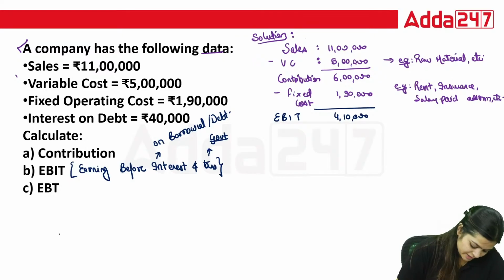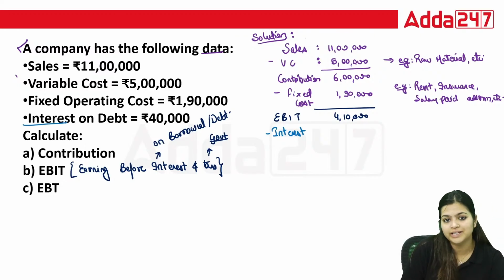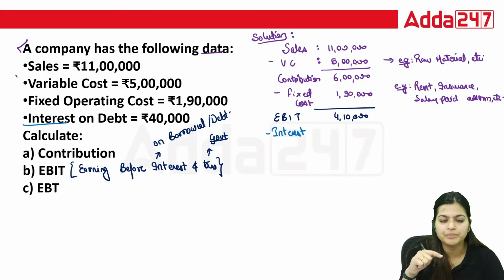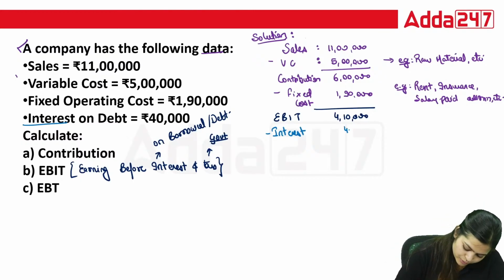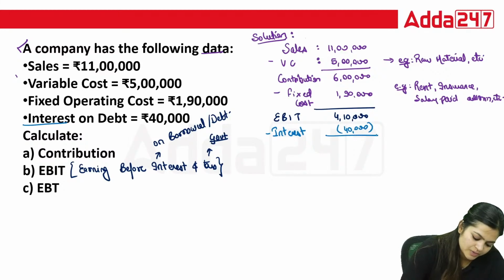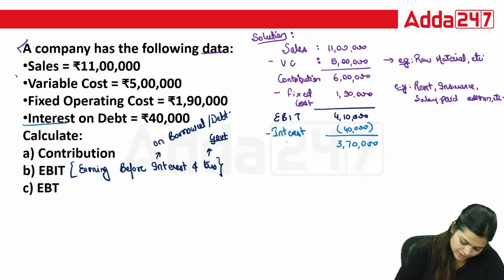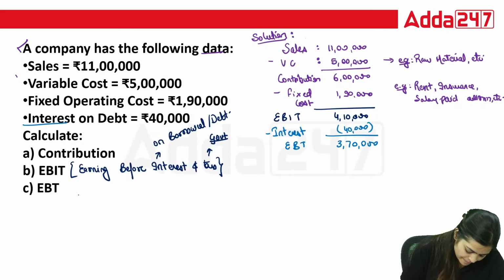Now from this earning, as soon as you subtract interest, because already in your question it is given interest on debt, debt means your borrowed amount, that interest is equal to 40,000. So 4,10,000 minus 40,000 is 3,70,000, and this 3,70,000 is your EBT. This EBT means earning